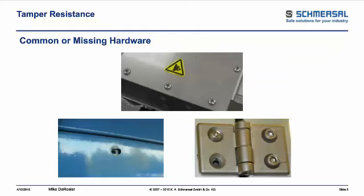The next one we're going to look at is common hardware or missing hardware. When you start doing surveys of equipment, as you can see on the bottom left picture, hardware is not being put back in. Usually one of two reasons. Either they lost the screw and didn't go get a new one, or it was purposely left out because of issues that could or may be occurring with the machine. They want to have quick, easy access to remove that panel, whether they put one or two screws back in or all the screws are left out, which we found in cases, so somebody can quickly lift that panel up, which then leads into a